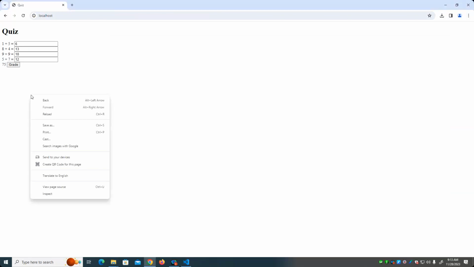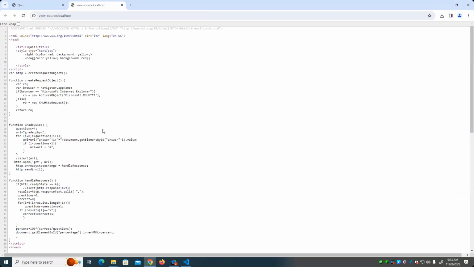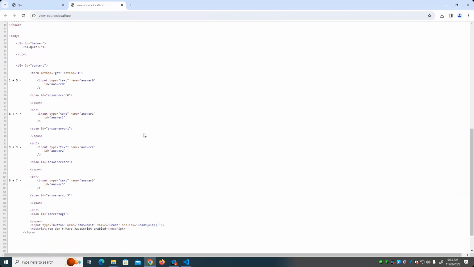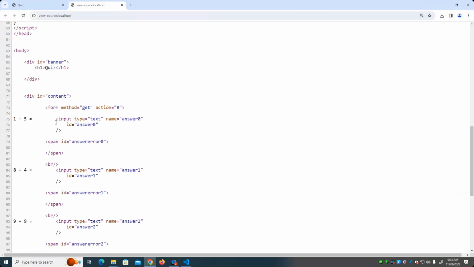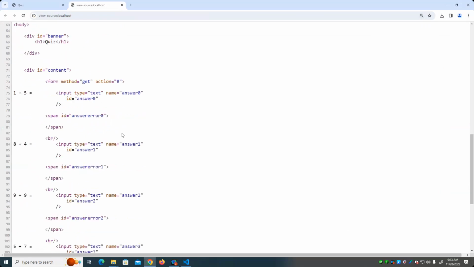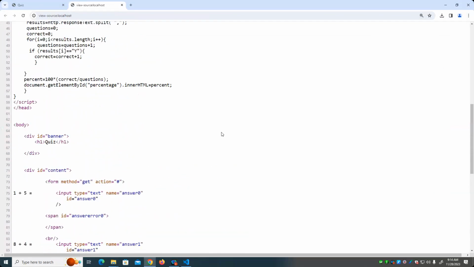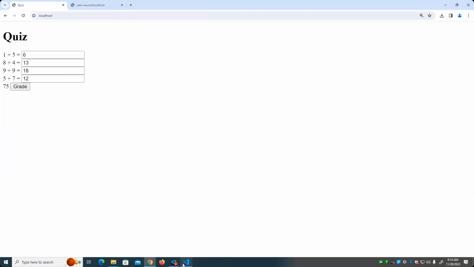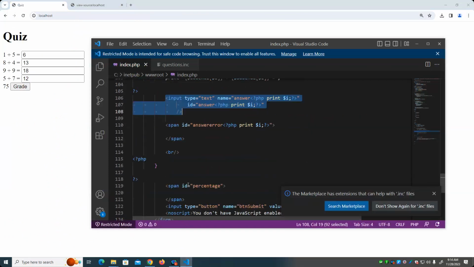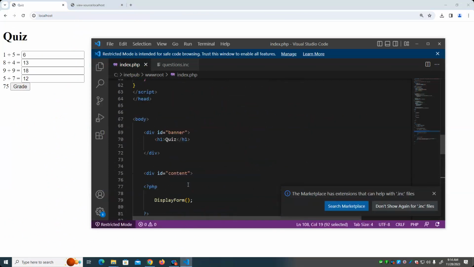So if I view source here, which if you're struggling with PHP, sometimes it's good to view the source that it creates. First question is answer 0. Second question is answer 1. Third question is answer 2. That'll make it very easy for us to loop through and get the answers to the questions. All right, so that's how we use PHP to